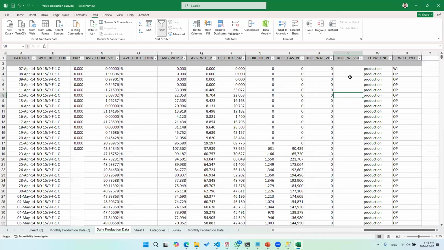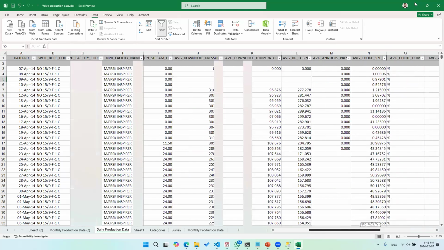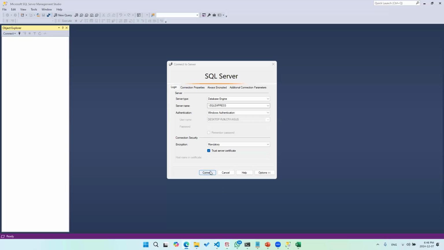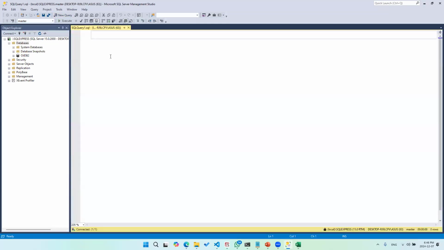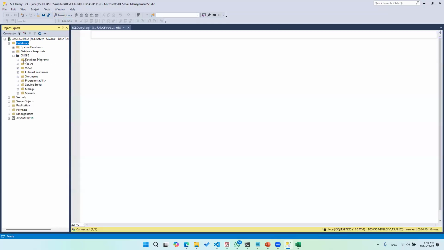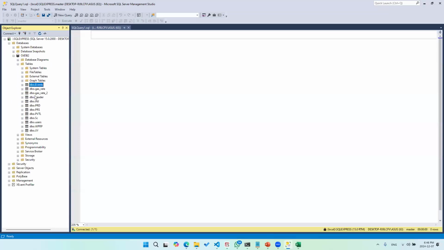So let me show you the alternative that you're encouraged to use if you use database servers. A database server is what hosts your data in an organized container. We know this as a database. So let's say that we have a database which is called OilDB, and the OilDB is basically a container that contains multiple tables. Each table can be thought of as an Excel sheet of its own, right? For example, let's say we want to take a look at the XY table.